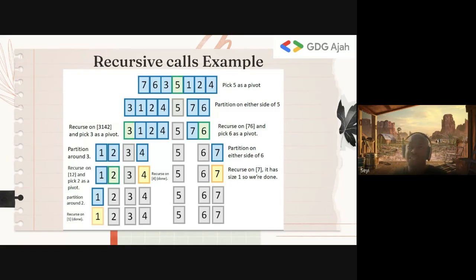Now, there's an algorithm called median of medians, which is the most efficient in that regard. We always want to pick the median. In the best case, we want to pick the median, because if you take a collection and sort it, the median is always in the middle. 5 is the median of this array.